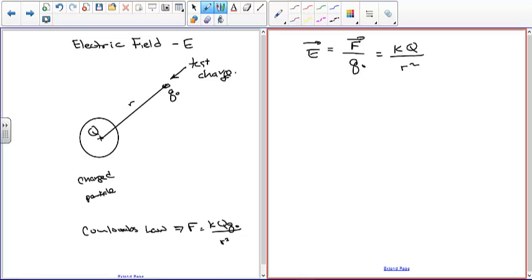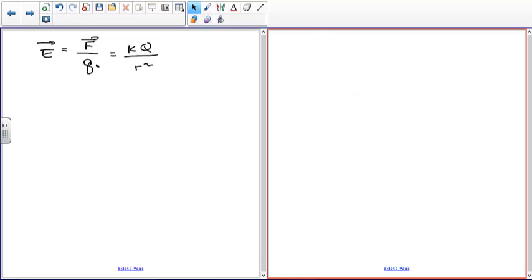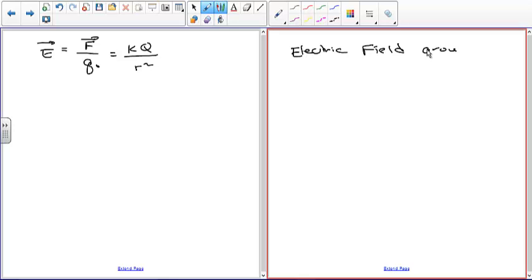And you represent electric fields by arrows. The magnitude of the electric field at a point is going to be based on the length of the vector, and the direction of the arrow is going to tell you the direction of the electric field. So the simplest case is, what is the electric field around just a single charged particle, not a multitude of charged particles. So let's look at that example. What does an electric field look like, I'll say around a positively